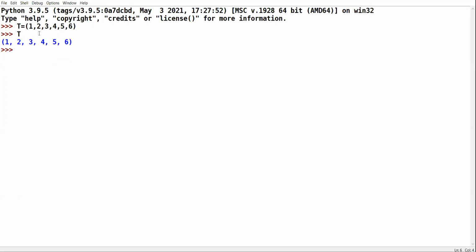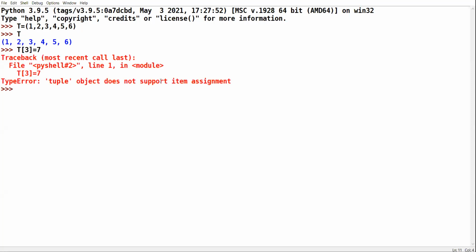Now tell me the value which is lying at third index. Yes, Himanshu, unmute yourself. Sir, 4. 4. Now I try to modify that value. It is not possible in Python.